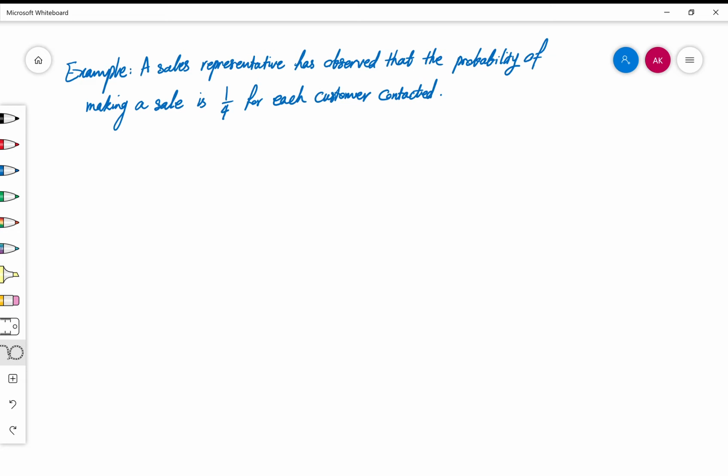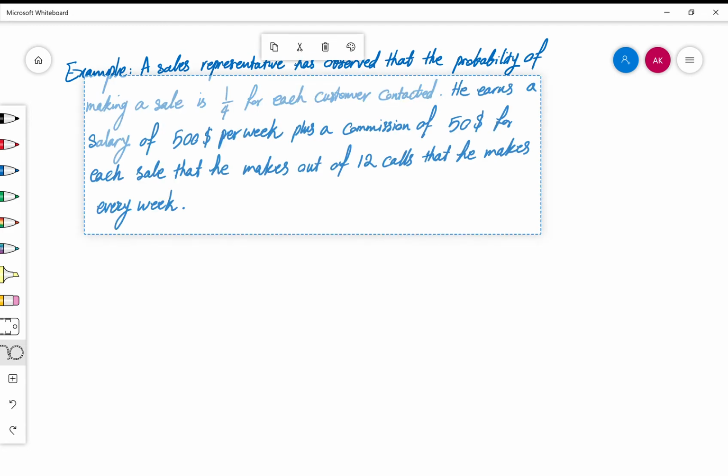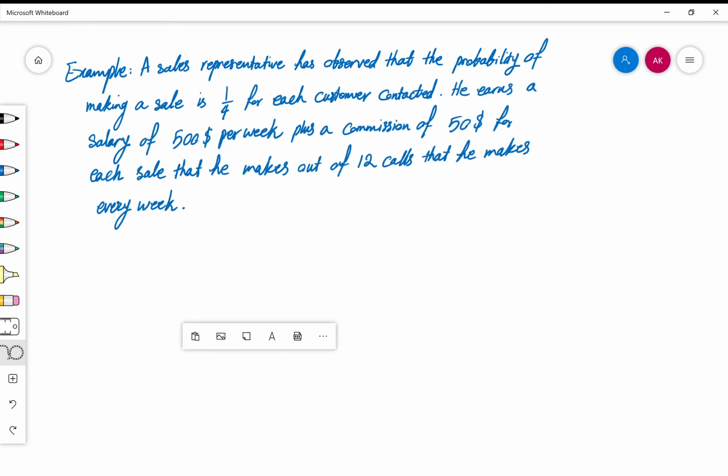before. A sales representative has observed that the probability of making a sale is 1/4 for each customer contact. It means that out of every 4 customers that he contacts, he can sell one product. But the question is not about how many, the question is about how much money